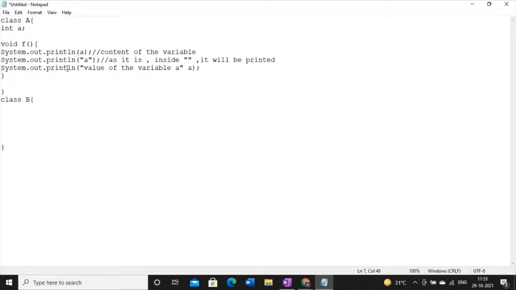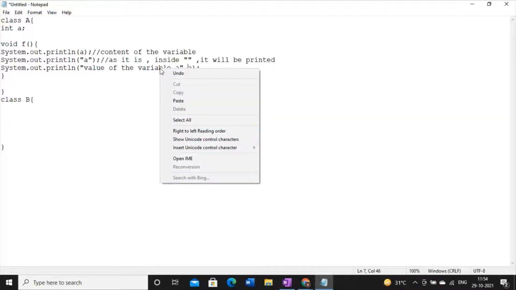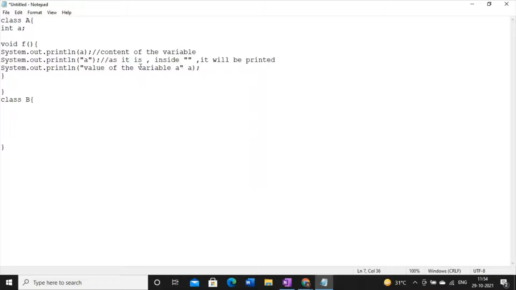Now try to understand: I want to see on the screen as it is, value of the variable a, and why am I writing this a, because I want to see the content of the variable a, right? But whatever I have written inside these double quotes is a string.